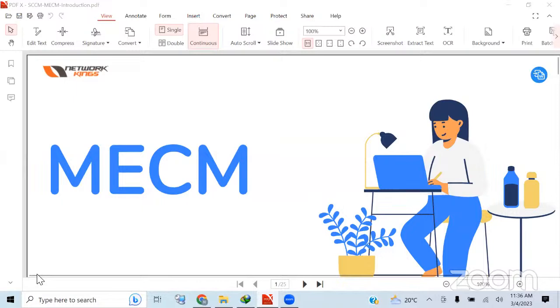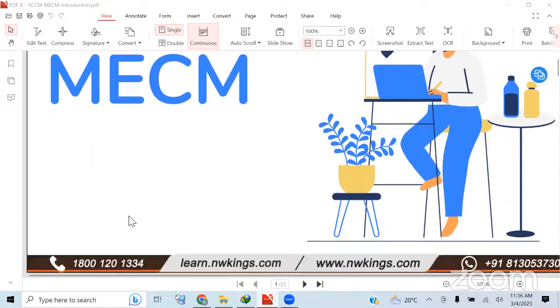Okay, so from today we are going to start our module, that is MECM, right? So I hope you are already aware of this tool. But if you are not, I'll definitely give you a walkthrough. I'll let you know what this tool is about, and how we can use it, how we can implement it. And what are the topics that we are going to cover in this course is going to be the